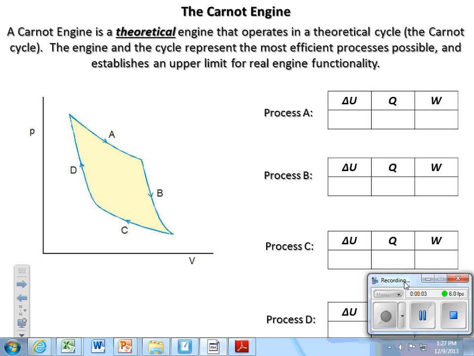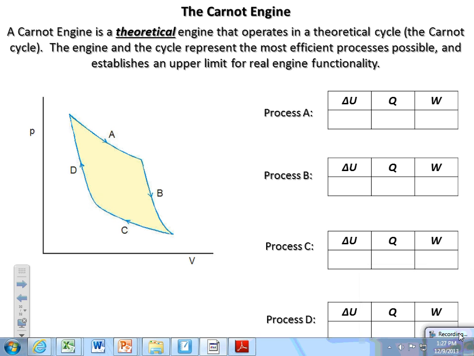Yo-ho-ho! Our last element of thermodynamics refers to a theoretical cyclical process called the Carnot cycle that describes the operation of a theoretical engine that operates as you see in this PV diagram. You can't tell by looking at it, unless you're looking just purely qualitatively, that it consists of two isotherms or two isothermic processes